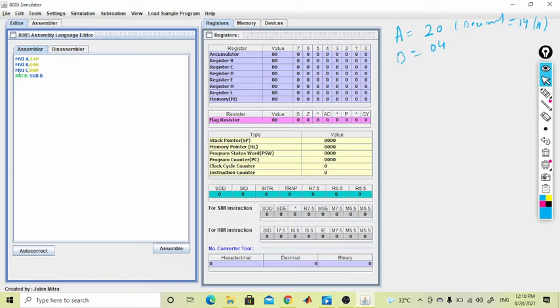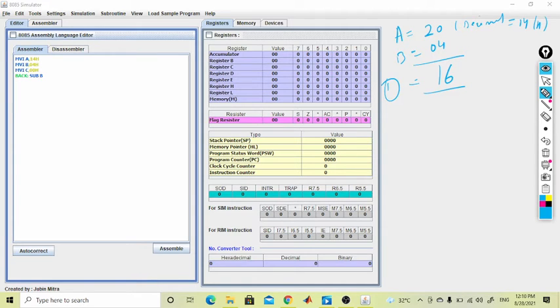SUB B means the processor will subtract the value of B from the accumulator, that is 20 minus 4. It will be 16 on subtracting one time. And the result will automatically come in A. We will see how it comes.